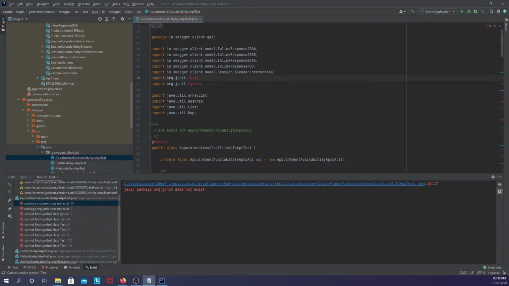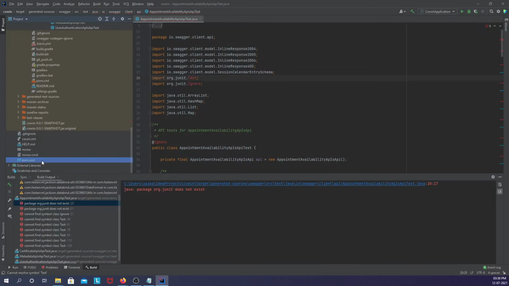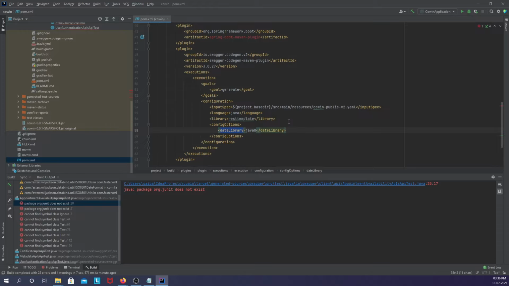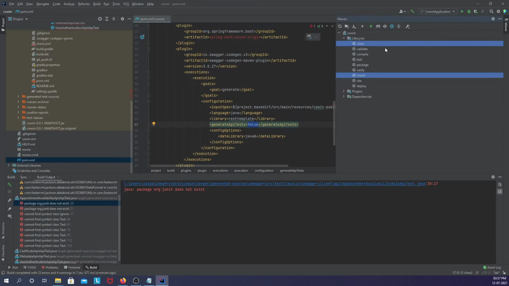There is an option in the Swagger CodeGen Maven plugin to skip the generation of these API tests, which is generateApiTests, and we need to set it to false. This will avoid generating the automatic test classes for the APIs. Let me do a clean install one more time.